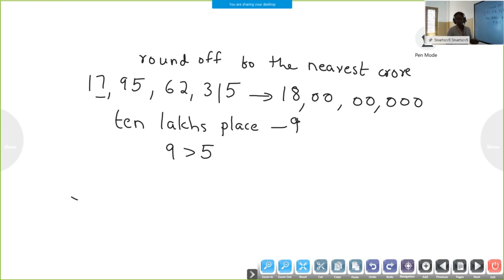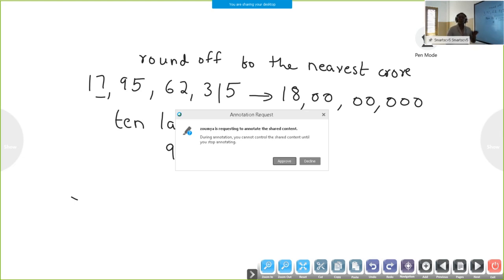This rounding of numbers, you are not stopping here. You have to apply this rounding of numbers till class 10. Okay, so this should be very clear. You have to be thorough with rounding numbers. In all higher classes, we apply this, and there no one is going to teach you. So you should be thorough with this. In the textbook it is only rounding till 1000, but the same procedure you can do for higher places. That is what we did here. Okay, is that clear to all of you?